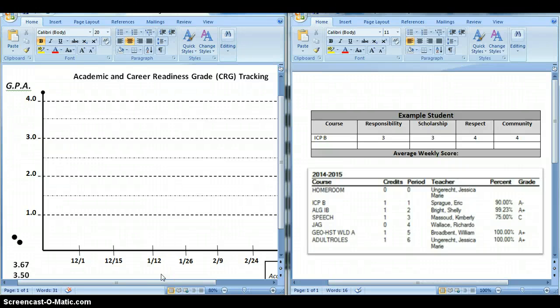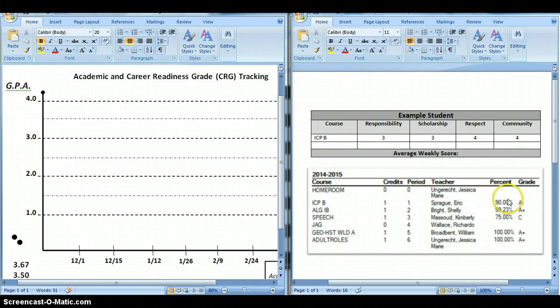Hi team, we're back for a new trimester of tracking our academic and career readiness GPAs. Again, I've got the tracking sheet right here, which we're going to do one for every class. So you'll want to have that tracking sheet and put that at the front of the binder section for each class. And then to the side here, I've got my progress report and then just one of the career readiness grades for this student. So for this trimester, we are going to use this student's ICP-B class to do our